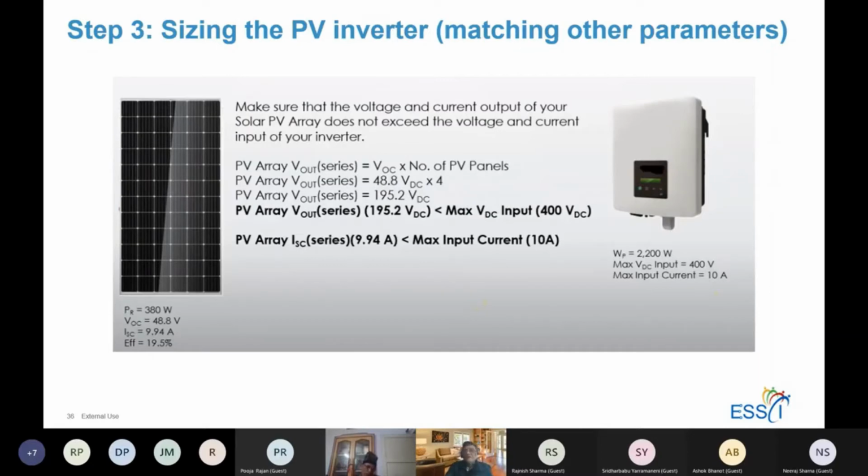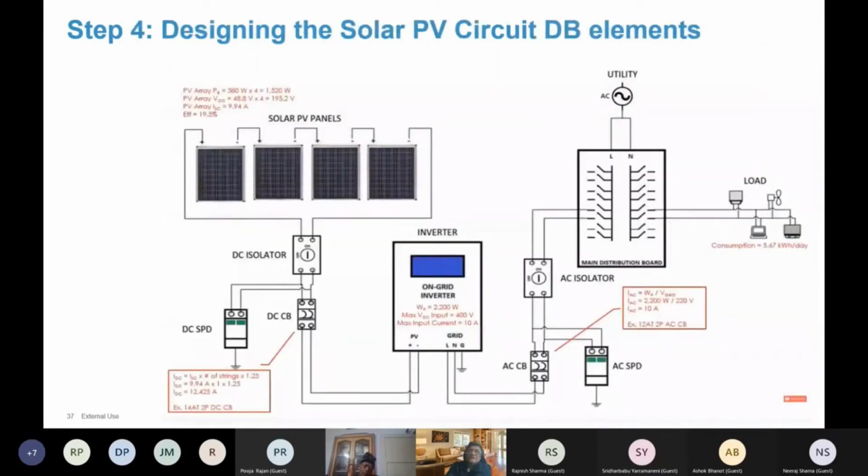Sometimes you have other considerations, like what is the minimum voltage input that has to be there to the inverter for it to work. So you take a look at your specific product and take the design. We'll come back to it from another perspective in a later part of this presentation. But you're getting the first part, the basis for designing your PV circuit and selecting your inverter.